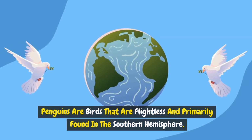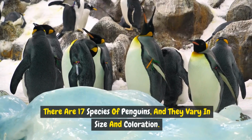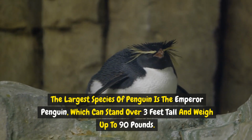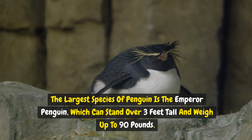Penguins are birds that are flightless and primarily found in the southern hemisphere. There are 17 species of penguins, and they vary in size and coloration. The largest species of penguin is the emperor penguin, which can stand over 3 feet tall and weigh up to